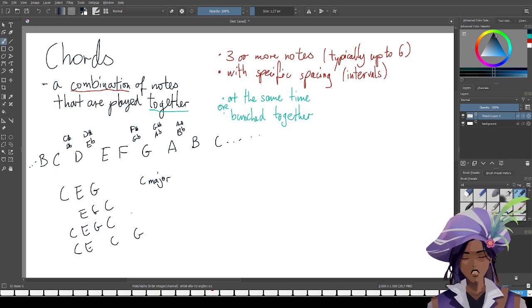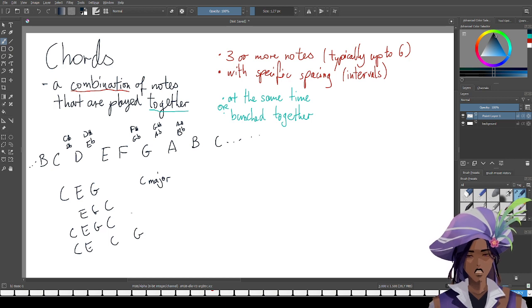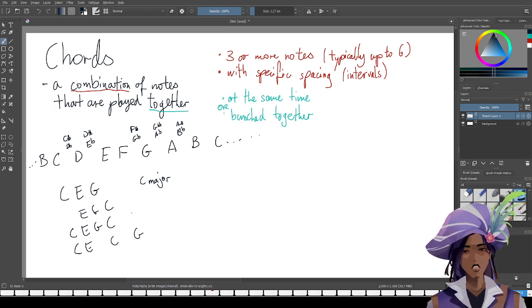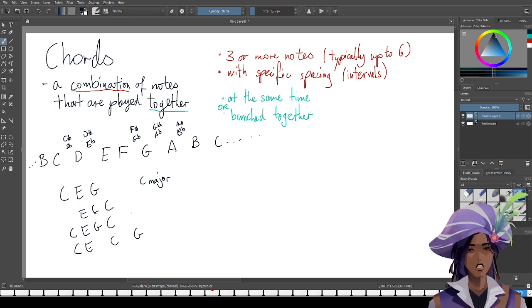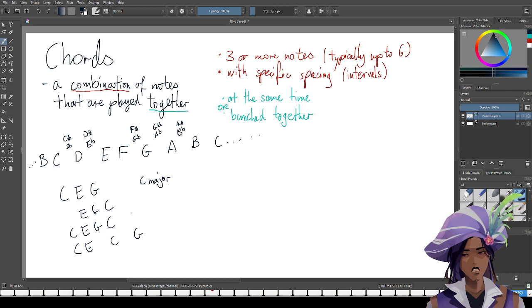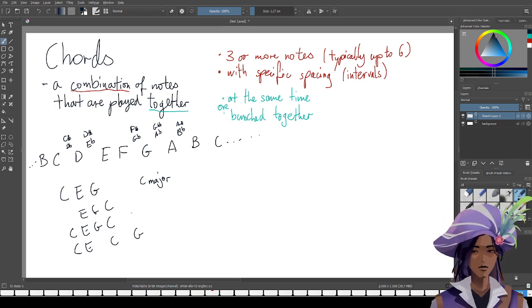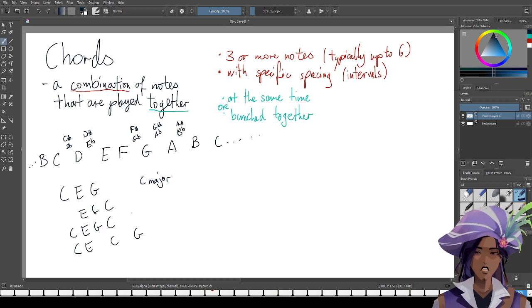I can take the notes of a chord and play them however I want, and it will still be that chord. I could even leave out a note. That happens with chords that have a lot of notes in them, like 5 or 6. You sometimes leave out a note just to make the sound less cluttered, but it is still that particular chord, right? It doesn't change the fundamental identity. All right, so